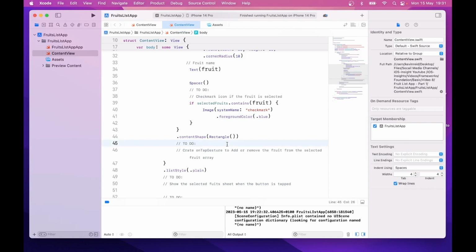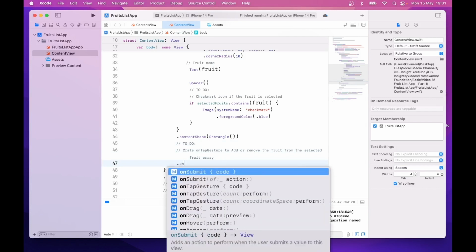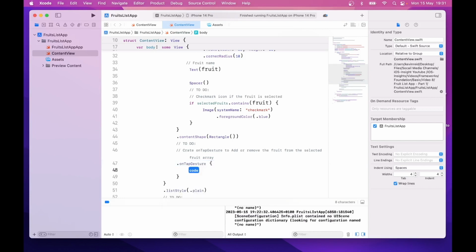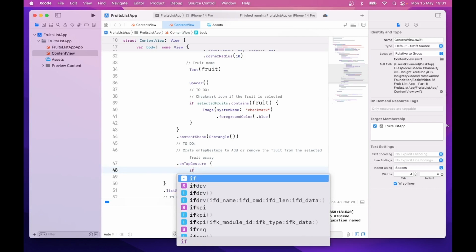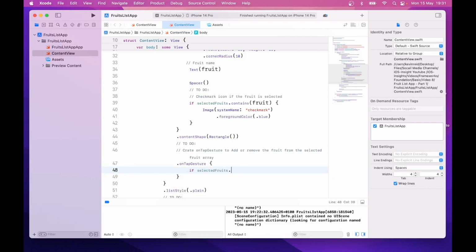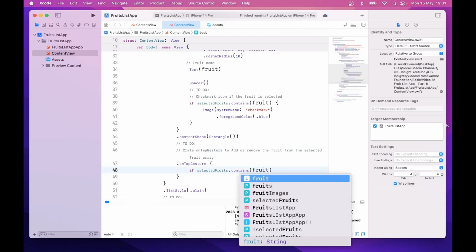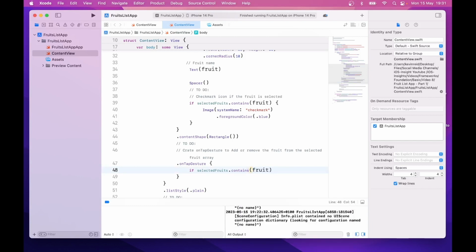And then for the on tap gesture, just type in .onTapGesture, if selectedFruits.contains(fruit), open bracket,